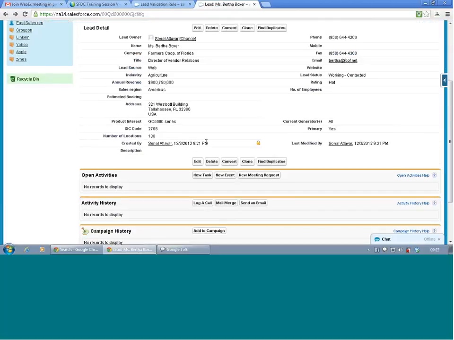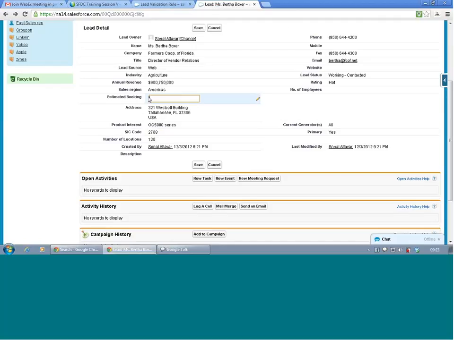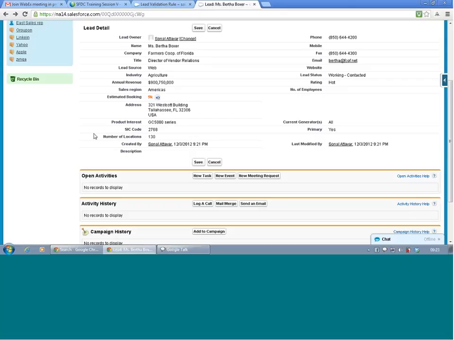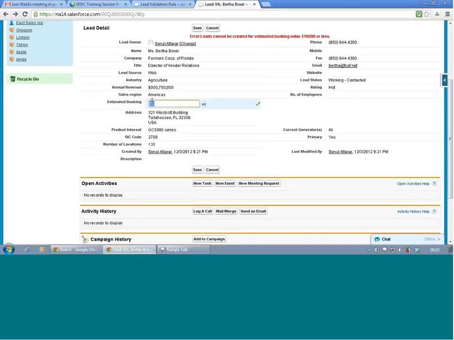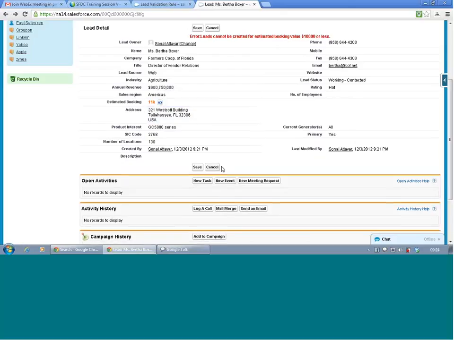Double click and put some value like 9K; Salesforce accepts short forms. Save it. You should not be able to save it. It says leads cannot be created for estimated booking value which is less than. Now put 11K, and it is going to allow you to save.